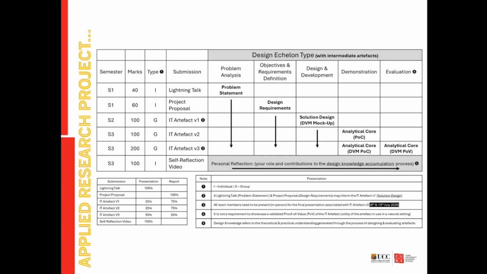So we're kind of leaning a little bit more this year. We started to do it last year, but leaning a little bit more heavily this year into Echelon DSR, design science research, where maybe what the Echelon gives us is a more explicit call out of design knowledge accumulation over the duration of the project, where you also are physically calling out these intermediate artifacts that are emerging as you move through these various different iterations of, let's just say, problem analysis, objectives and requirements definition, design and development,